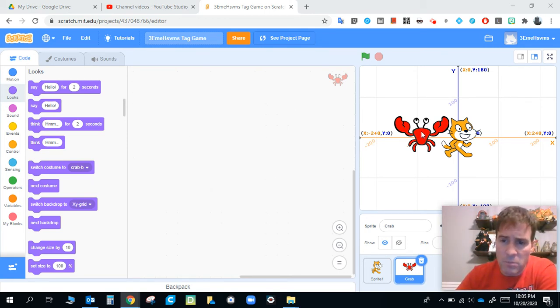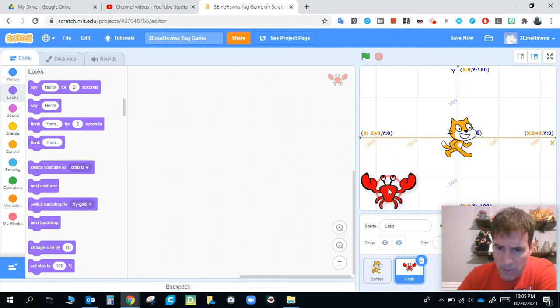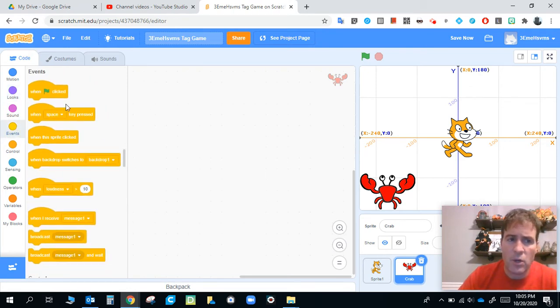First thing I'm going to do though is move the crab. I'm going to move him down here into the bottom left corner of my screen. I'm doing that just for appearance purposes and for some gameplay reasons. I want to give my cat a little bit of a head start if I'm chasing after him with the crab. So first thing I'm going to do is go to events,